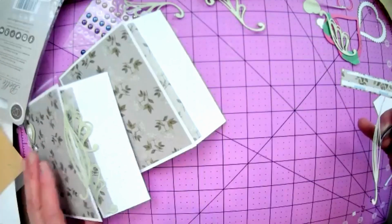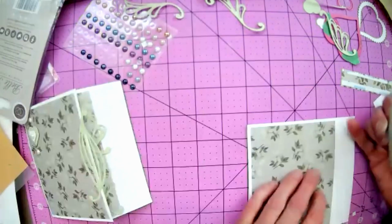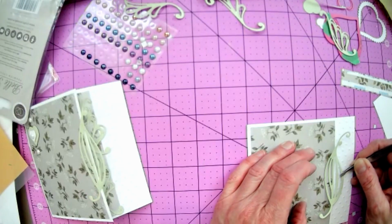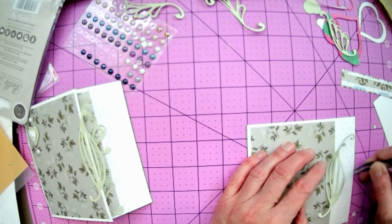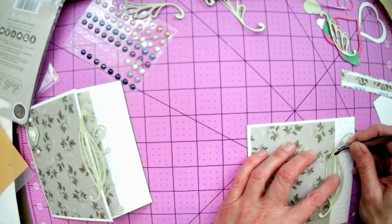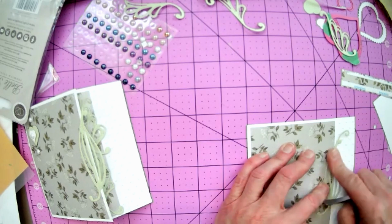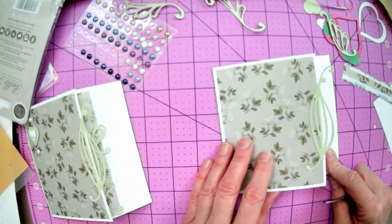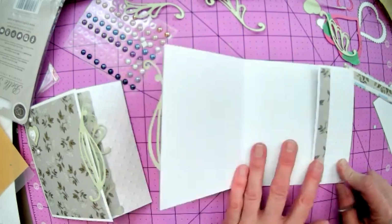So when I almost used up a piece of sticky sticks, I can add small little sentiments by just attaching the sentiment around the edge. Okay, so I'm just going to place that there. And I have my one frond attached. And then I'm going to do the same for the